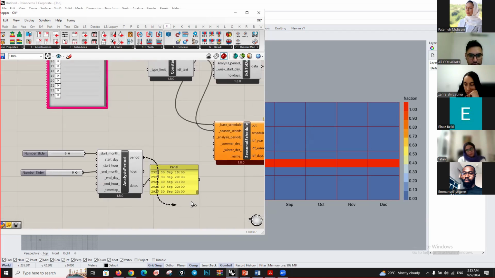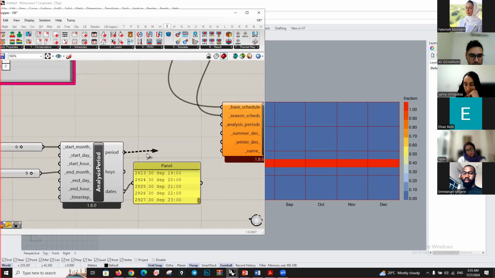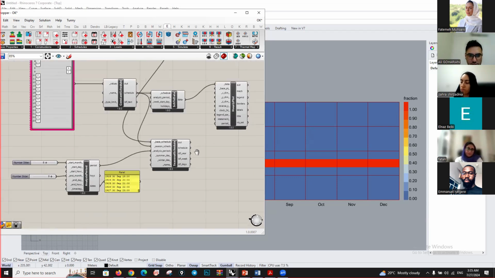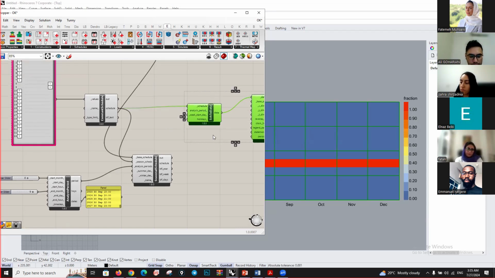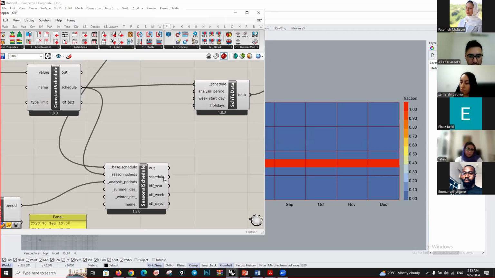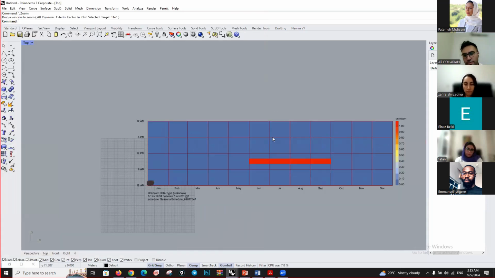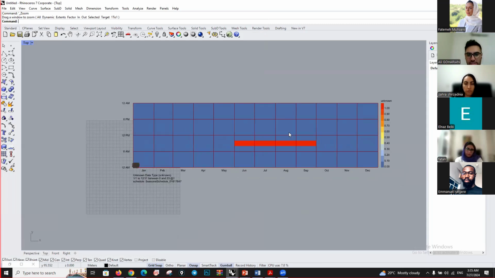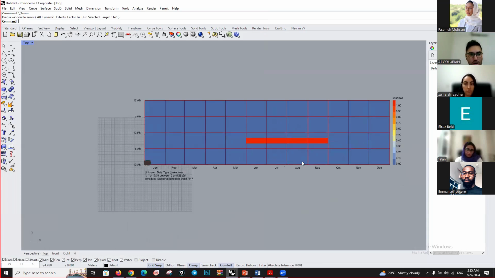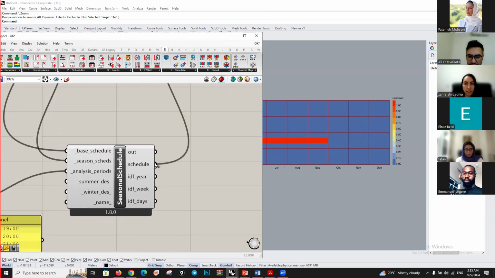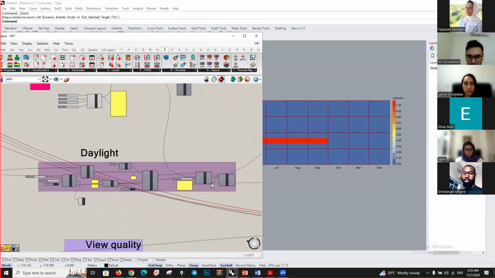And if I enter this output to this, actually my seasonal schedule will be produced, and I can input this instead of that. And you can see this schedule according to seasonal, and our desired hour actually has been produced. And this is a good strategy. After that, for example, this schedule, in daylight simulation,